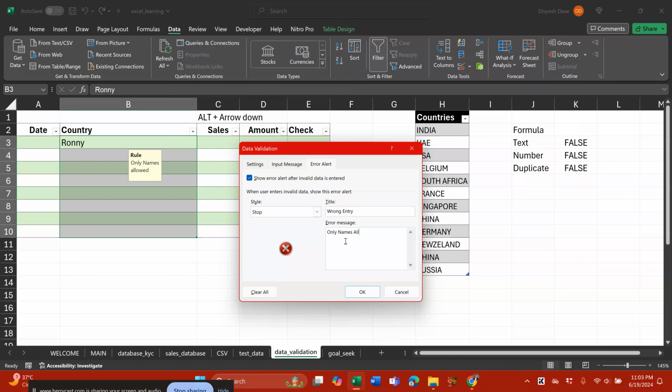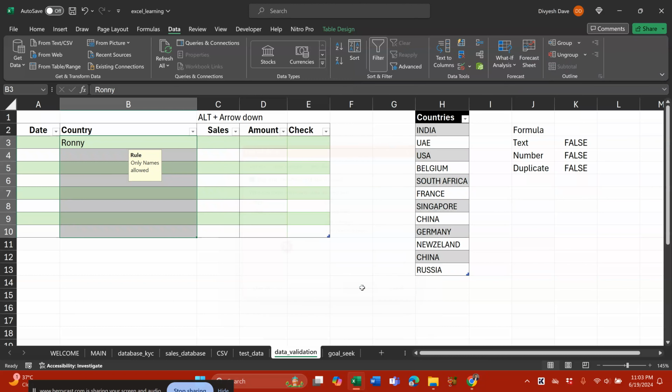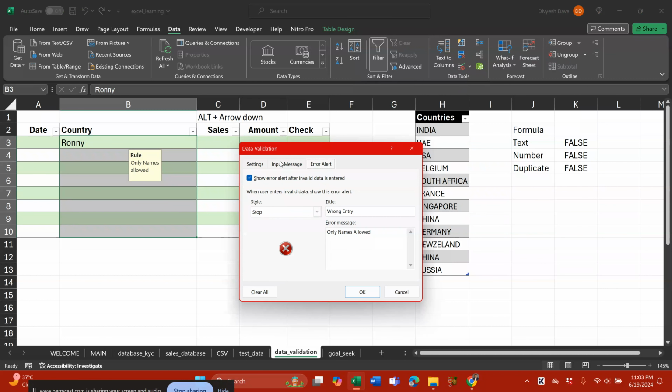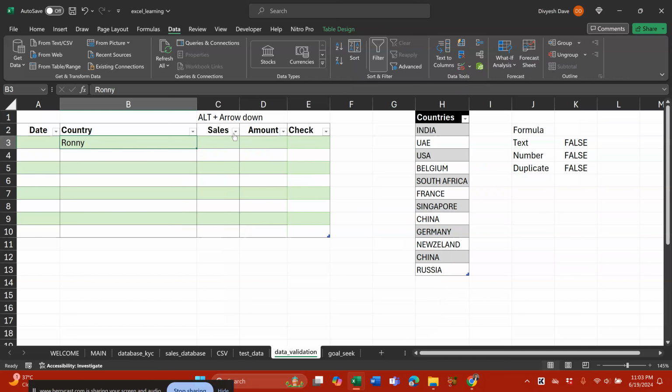Only names allowed. Okay, so let me just remove these rules so that we can see these messages, and then clear all. Okay, but now the rule is already there. So Ronnie is there, Rajan is there, Mohan is there. Everything looks fine. But when we put the name number 5,